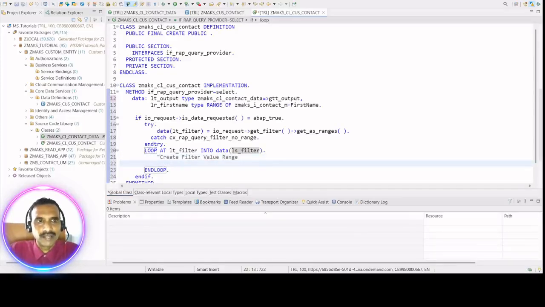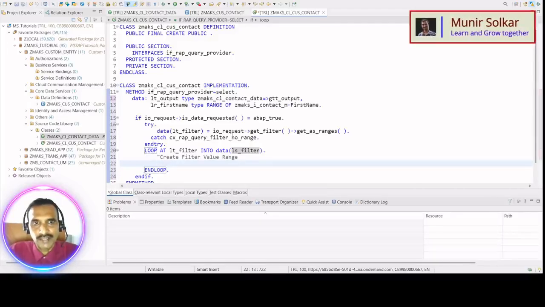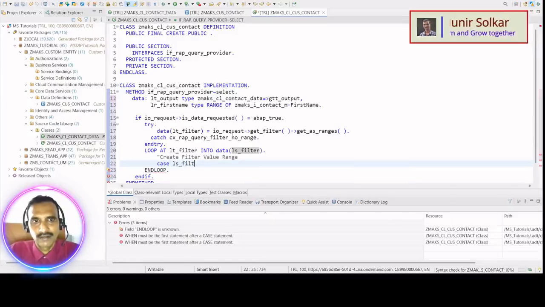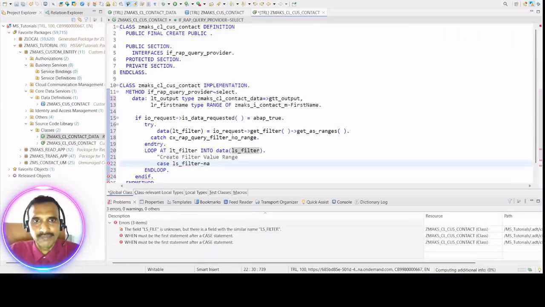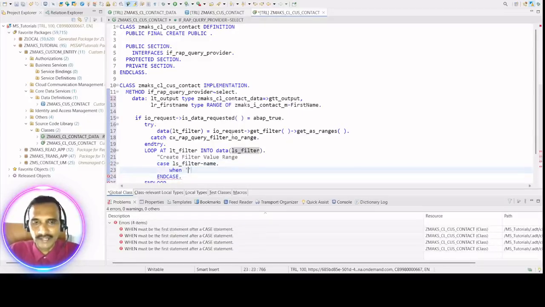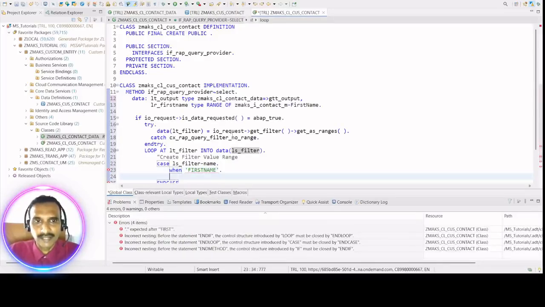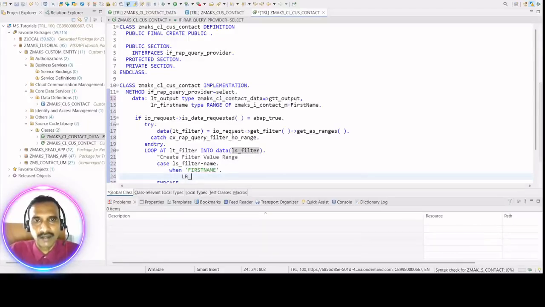How will we go about creating that value range? We already have a filter value there. Now, first we will have to check with a case statement, because if you go to the object page, a different filter will come in. So always check ls_filter-name and case. When it is our first name that is coming in, then only you go and fill your lr_first_name,